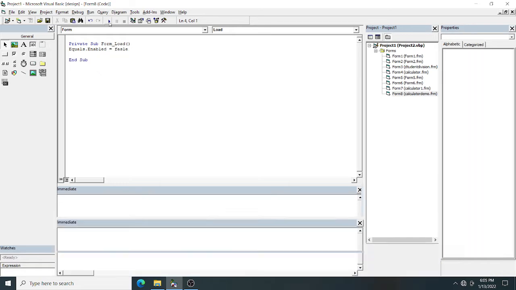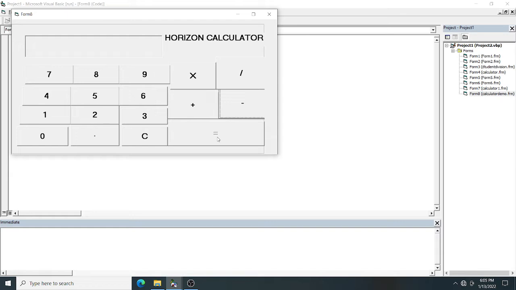Now I'm executing. See, my equal button got disabled. I can write the code for the clear button also, but let me first write the code for the control array button. You can see the magic is all about the caption.